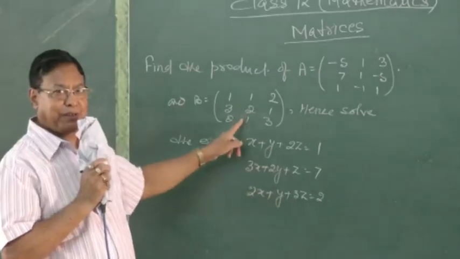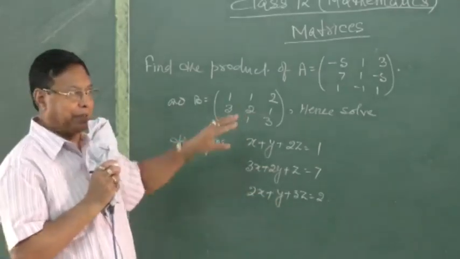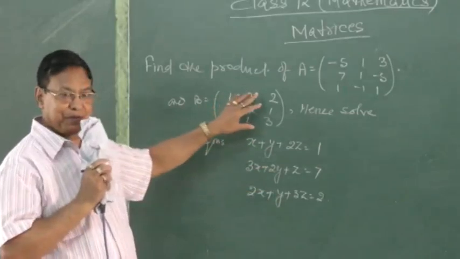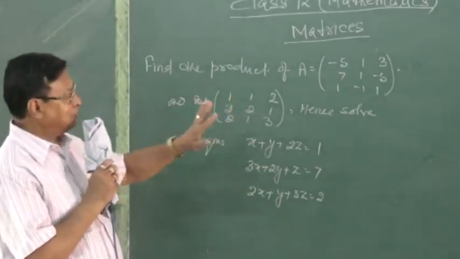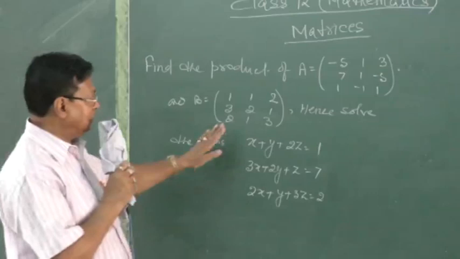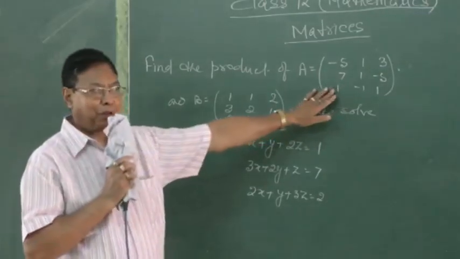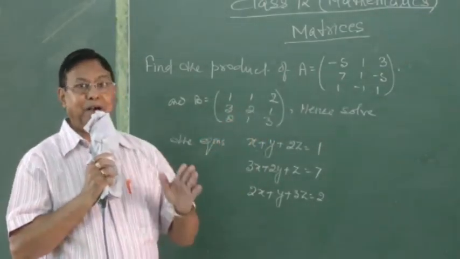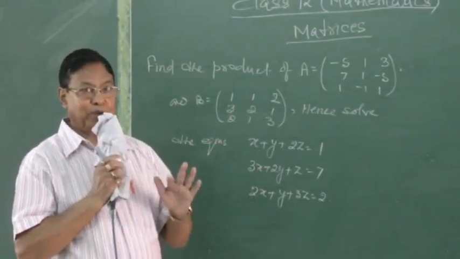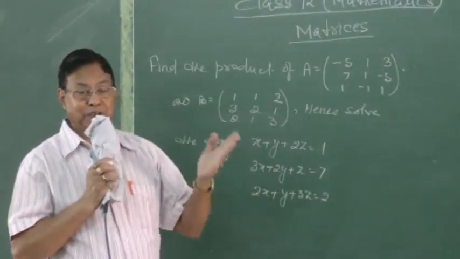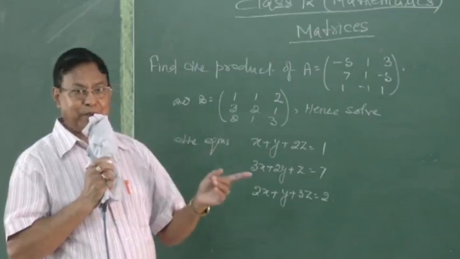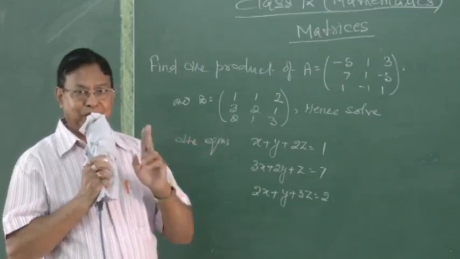So this is it. So what actually do we do? We find the inverse of this, right? Now in this type of sums, normally what happens is, it says find the product. So the product of this will be an identity matrix, which shows one is the inverse of the other. I did the verification. A into A inverse is the identity.